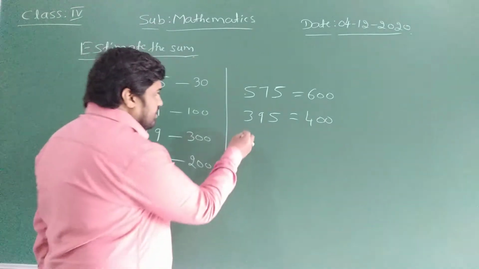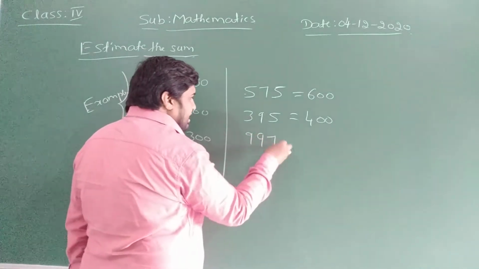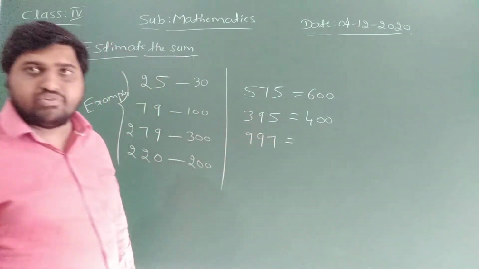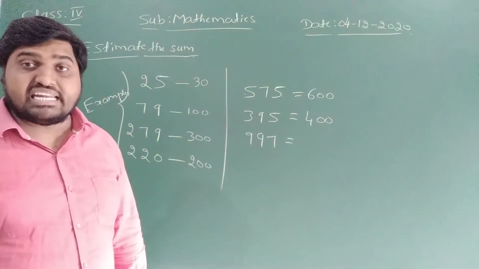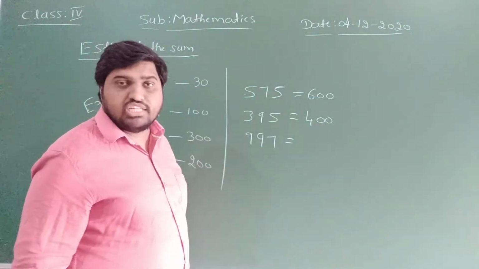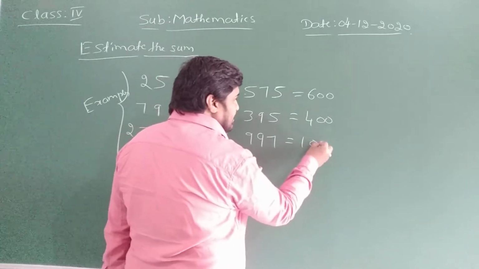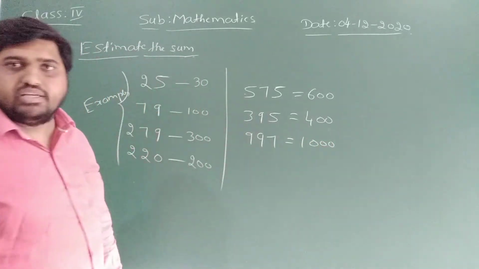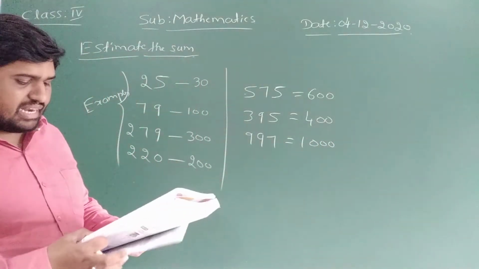997. See children, 997. How to round off? We have to round off this to the nearest 100. 997 is near to 1000. Therefore, we can write it as 1000. Is it clear, right? Similarly,